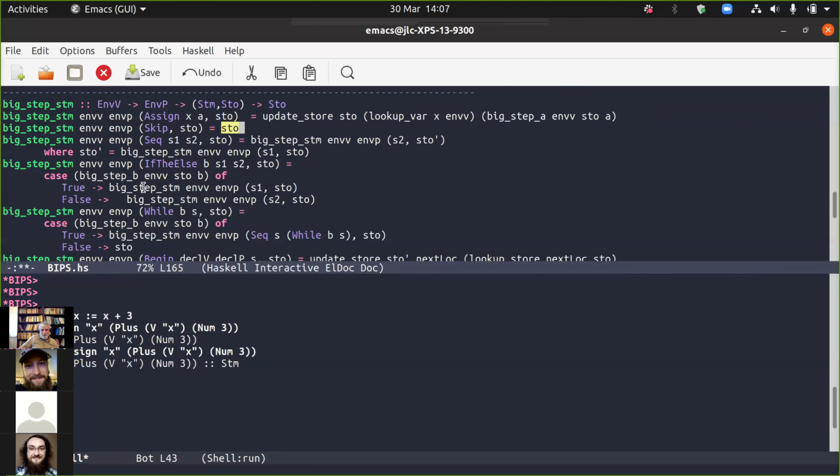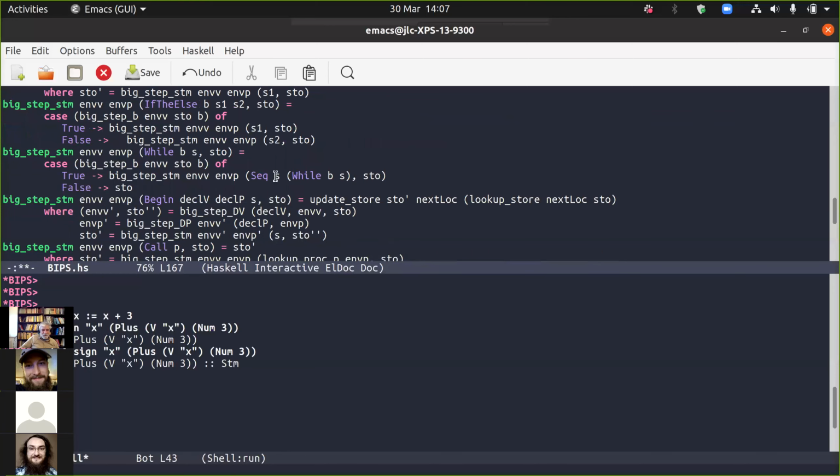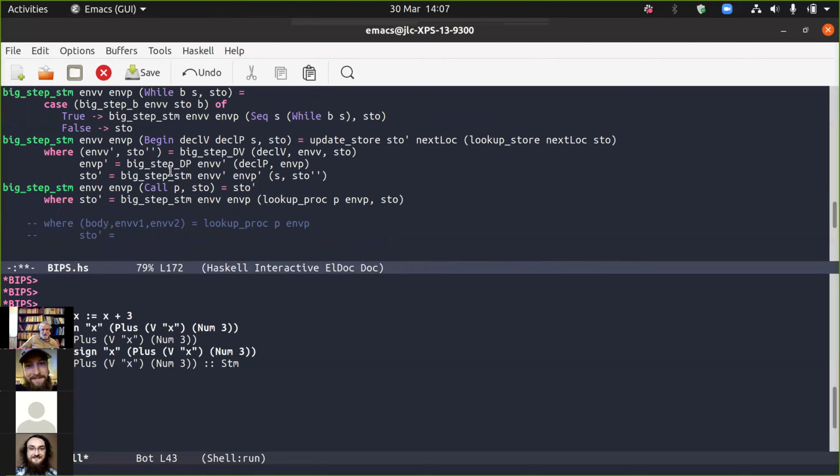If then else, same thing, you use the same environments everywhere. Same thing for while. Now begin, you evaluate the local declarations, and that gives you a modified environment for envv and a modified environment for envp, and then you use those to evaluate the body of the block. Okay,